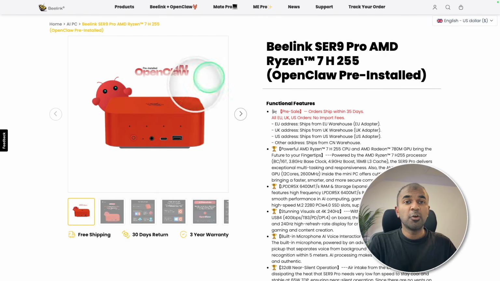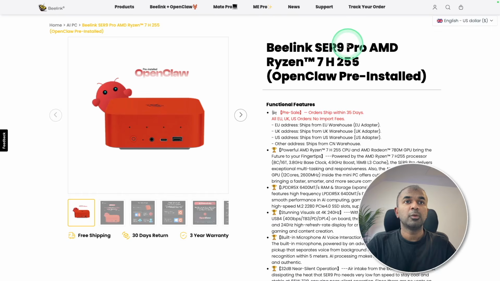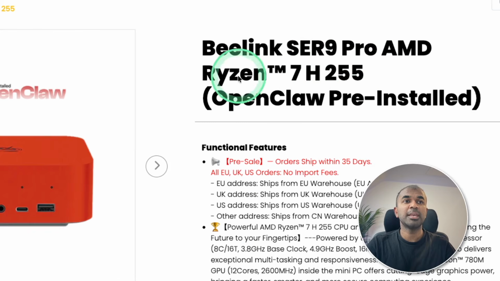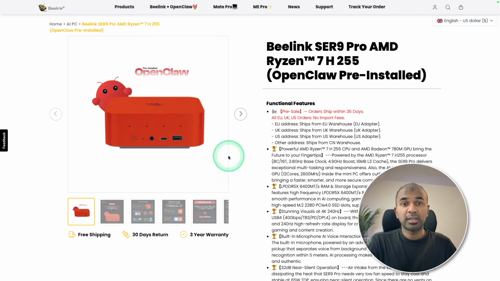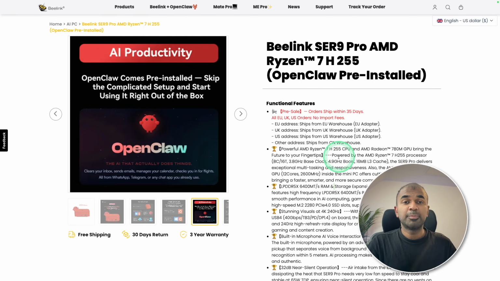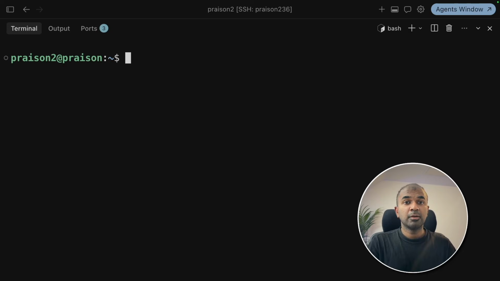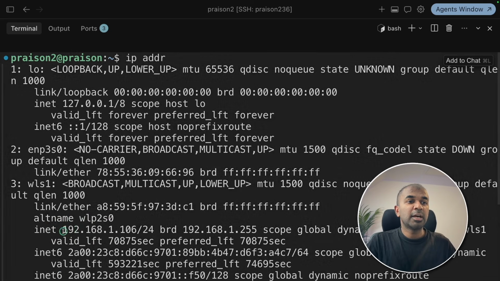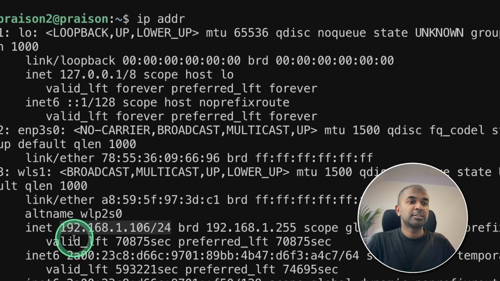First, I'm using this OpenClaw pre-installed device with this Beelink Pro AMD Ryzen. The same setup could work even on any other device, but this will give you a head start. I'll put the link in the description if you want to try it out. Once after the device is running, inside the device you can type IPADDR and that will give you the IP address, which looks like this: